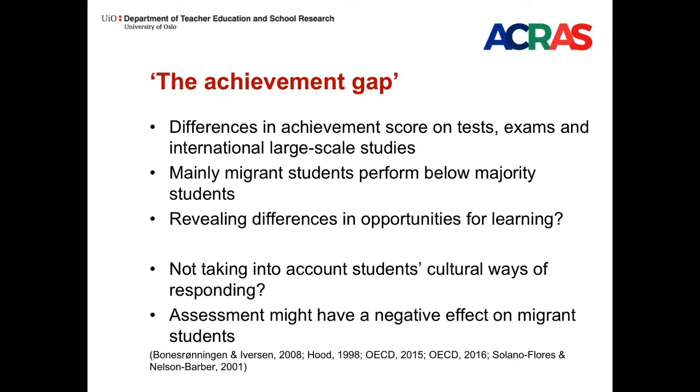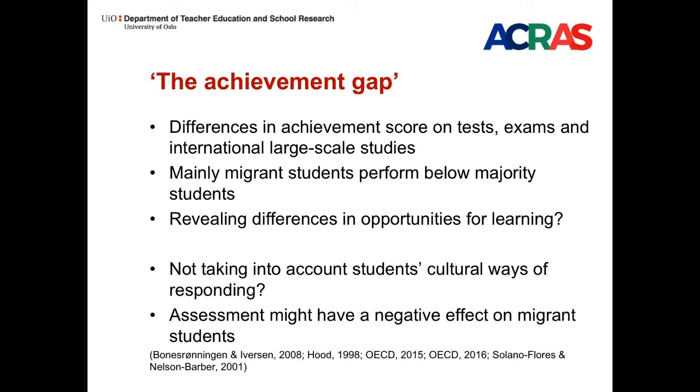And mainly we see that the migrant students perform below the majority students, and the differences are bigger for the first generation migrant students than for the second generation migrant students. But these differences might differ between subjects and countries, and I'll use the PISA study and my own country